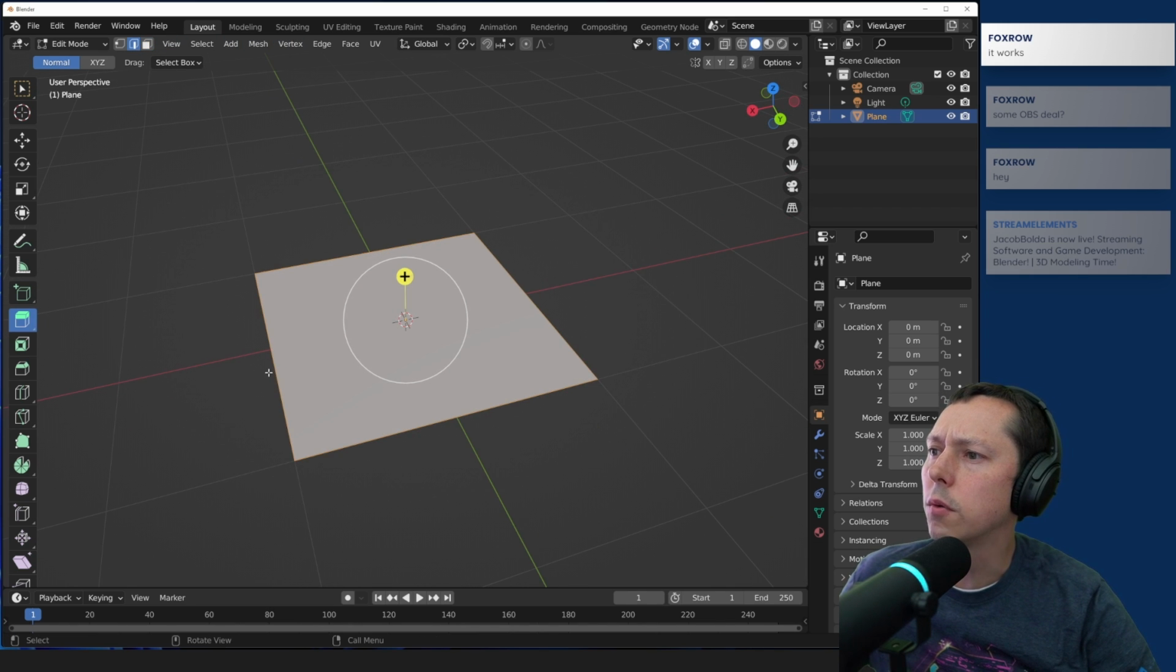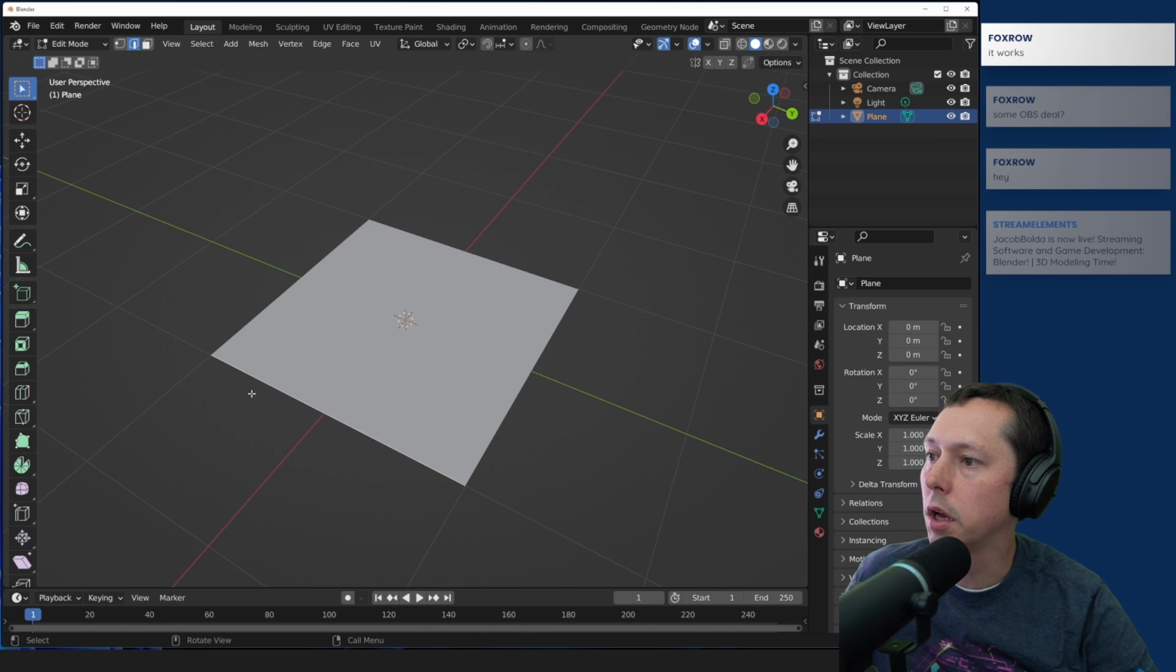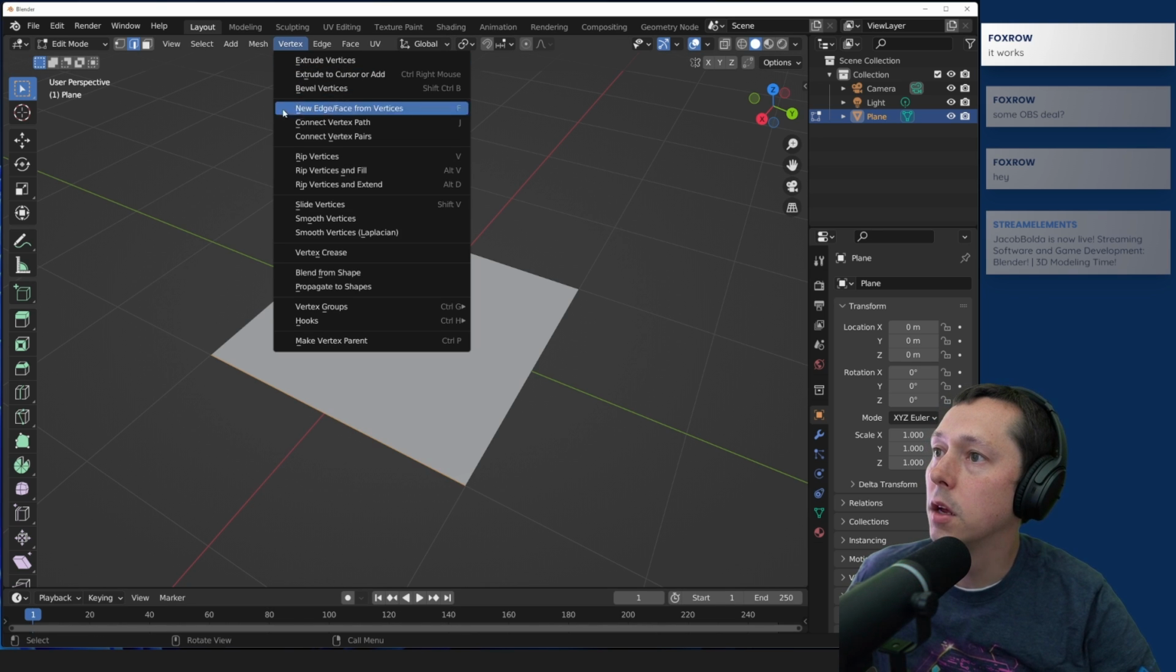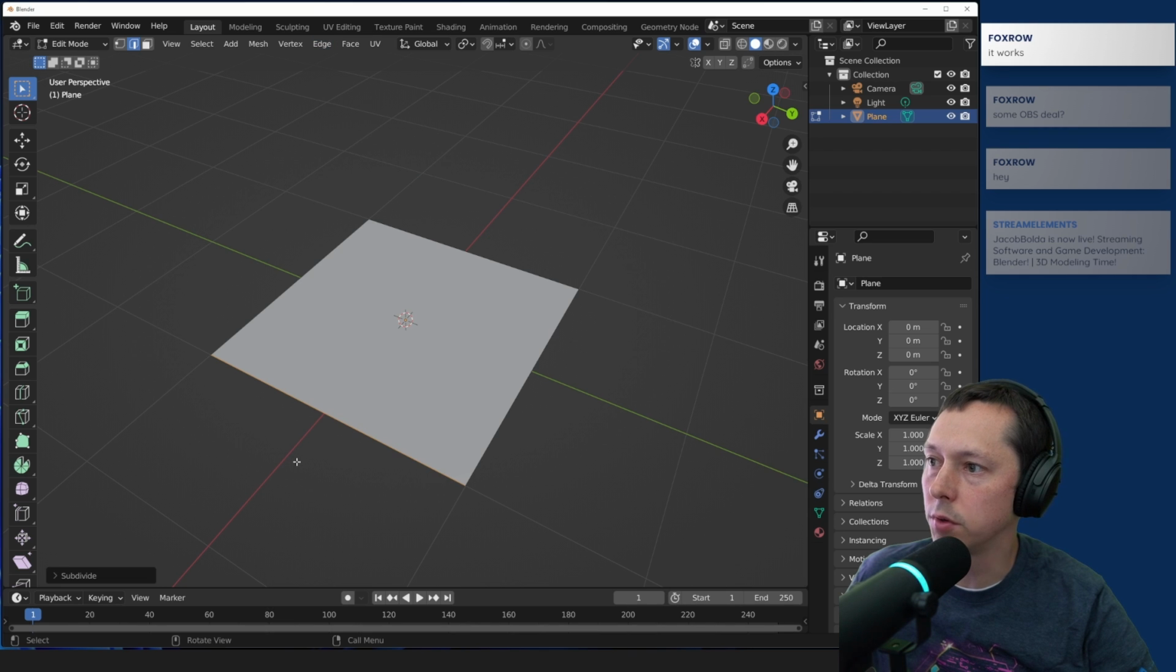So I think I want to select the edges. So I've got edge selection on, and we've got that edge selected. And we want to add additional points in here. Rip polygons. Oh, I want to look at edges. Bevel, extrude, subdivide. So if we do subdivide,